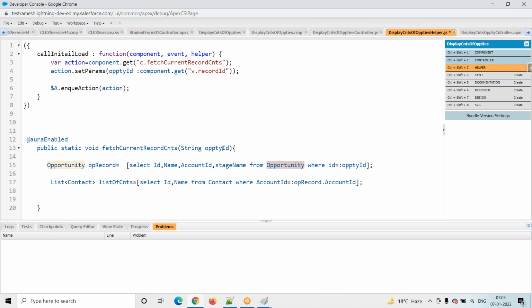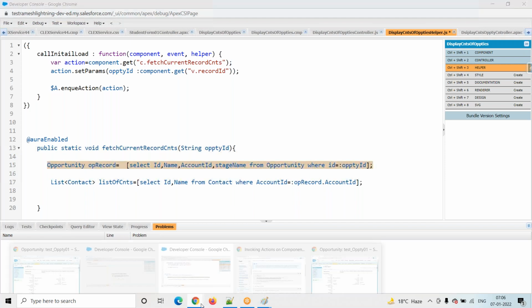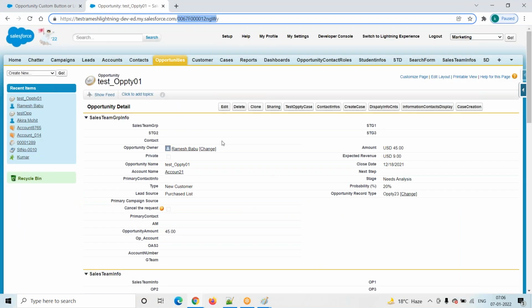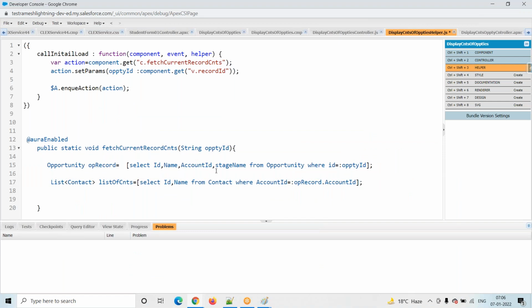So from the Lightning component we are getting the current record id. Based on the current record id, we have only one record in the system, so with that id we are fetching that record. My record is nothing but the opportunity record. For this opportunity we have one account. In this current record, which fields are we fetching?